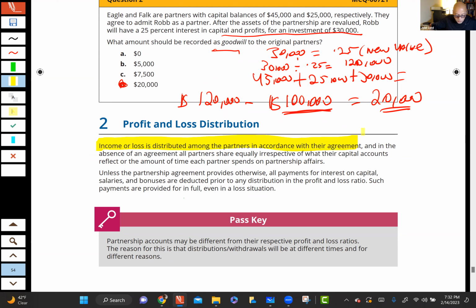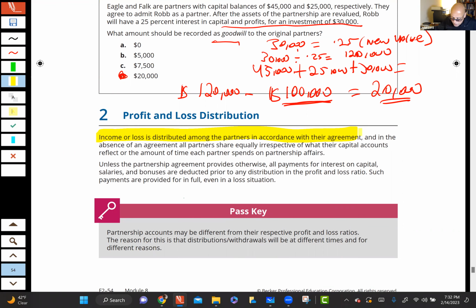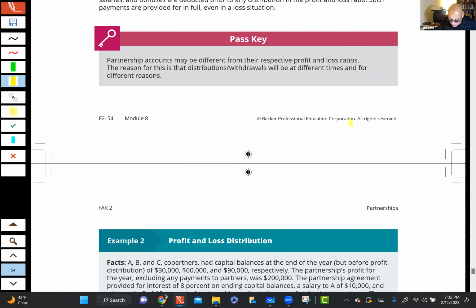Profit and loss distribution: follow directions. It's in accordance with the agreement. There's nothing else to say. When there's a partnership and you're distributing profits and losses, the courts look to what the agreement says. So let's take a look at an example of a problem